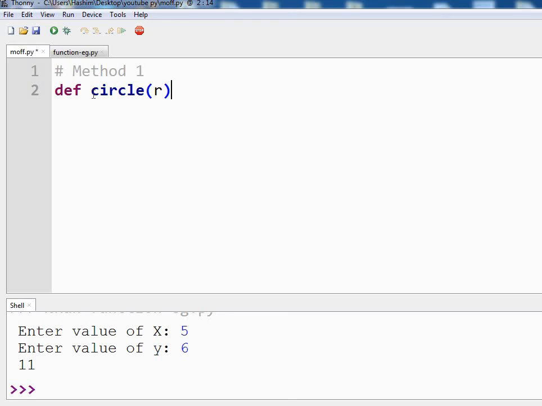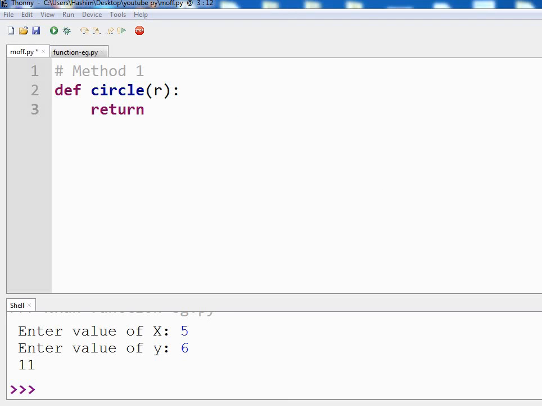So this function is going to take just one parameter. For returning multiple values, you have to define multiple formulas here. Since we are calculating circumference and area, we have to define both of them here. The syntax is that you have to separate them using a comma, so it will be like formula 1 comma formula 2. That is all we need here.